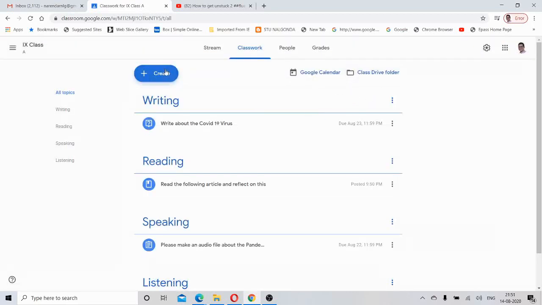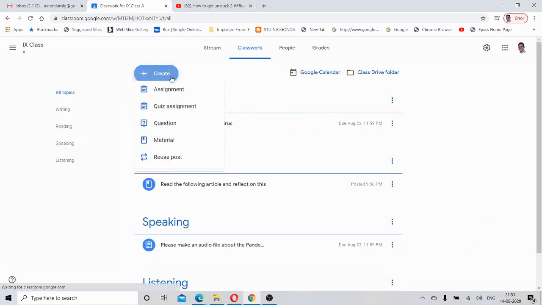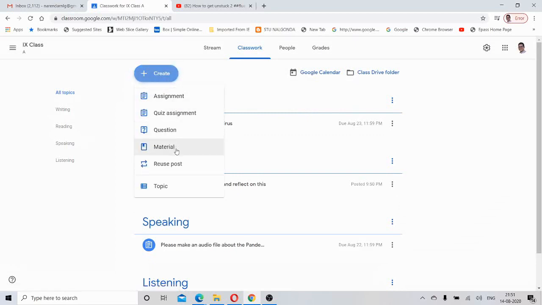So this is how to create assignments, quiz assignments, questions, material, reuse post, and even divide them into topics in the classwork section. This is the most important section for the students, and for the teachers also. If you want to grade the assignments, look at their assignments, or check their assignments and quizzes, we need to go to classwork.